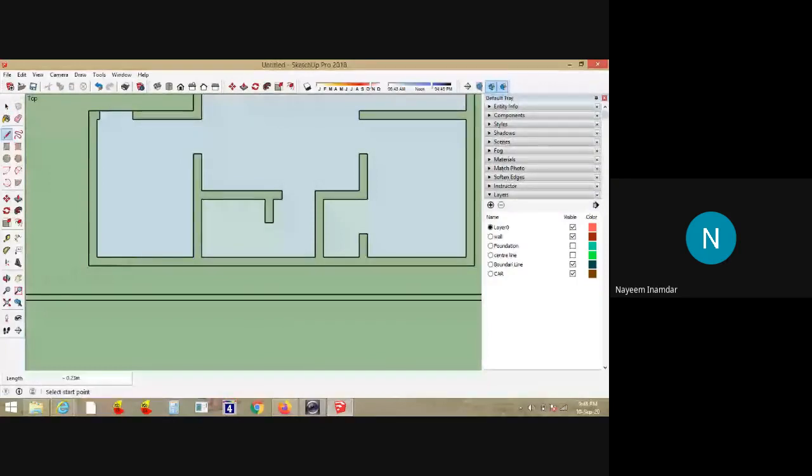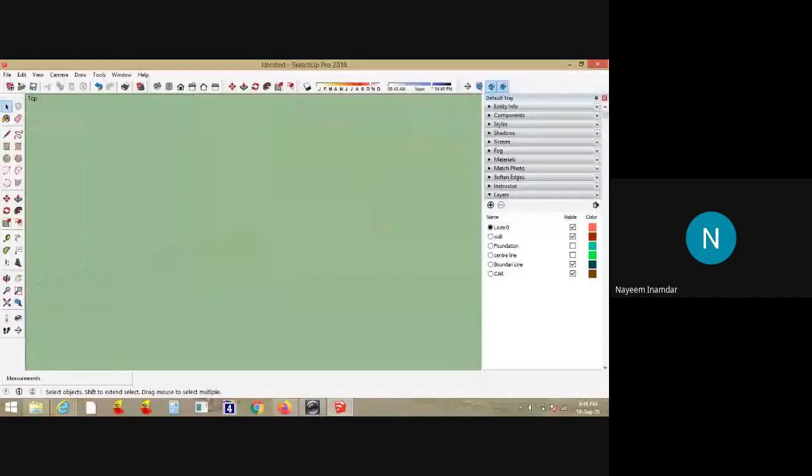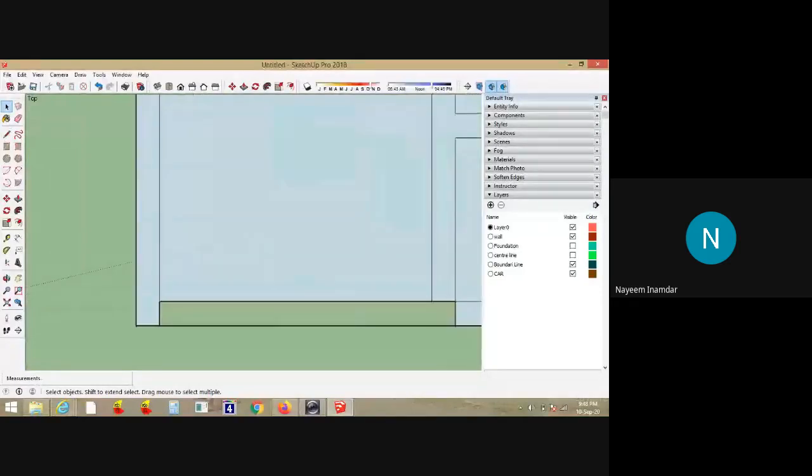You can do it like this. Keep doing this exercise, because since you have imported from AutoCAD, there might be multiple lines.